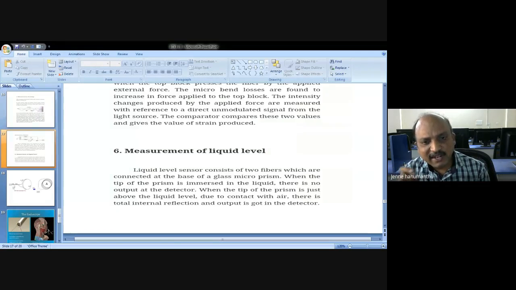Suppose the light touches the surface of the water, the intensity is modified. The characteristics of the light source are modified. That modified light is measured with the photo detector. That is proportional to the liquid level available in the container. In this way, you can measure unknown liquid levels of a container with these optical methods or fibers,